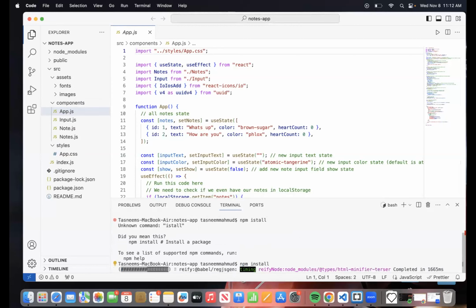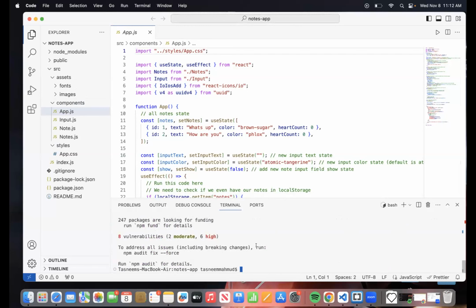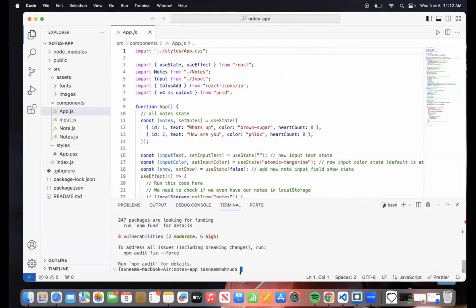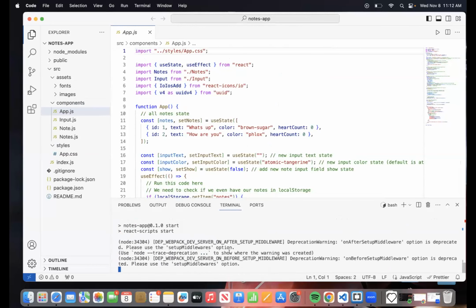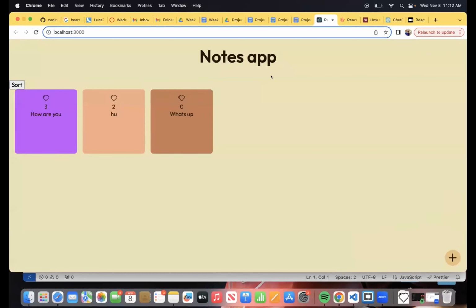There you go. Now all I need to do is npm start. There you go. Okay, so this is what we have so far, right?